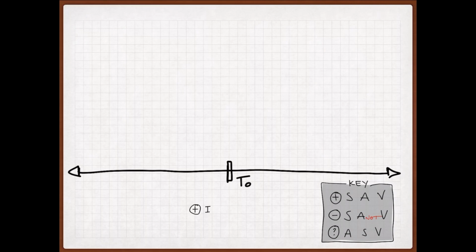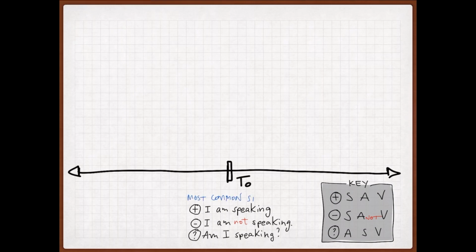If we put that into practice, the most common situation can be seen in the present continuous, which demonstrates this key perfectly. Let's take the verb to speak. If we use the key, we can see I as the subject, am as the auxiliary, and speaking as the verb. If we negate this sentence, we can see the negation on the auxiliary, and then the question structure simply inverts the auxiliary and the subject. This is the most common situation that we will find in the English language. If you remember that English has 12 structural tenses, 10 of those 12 function in this exact way.